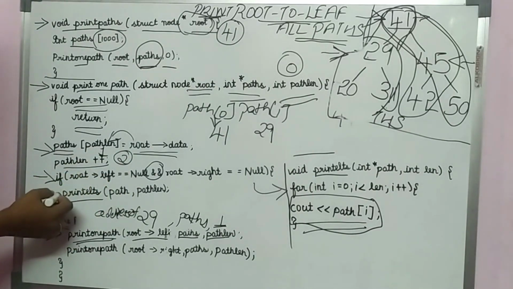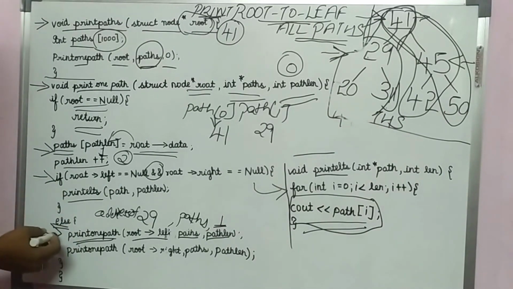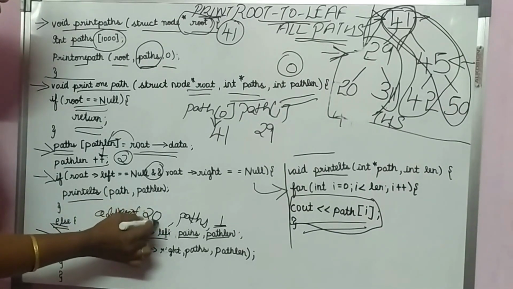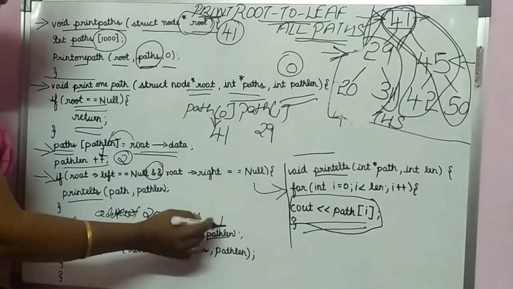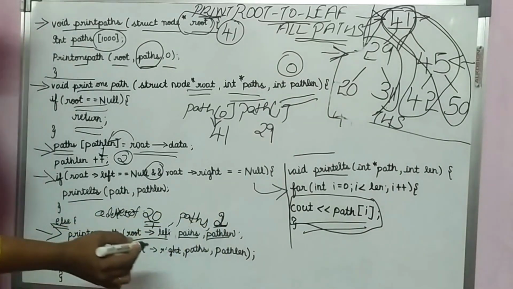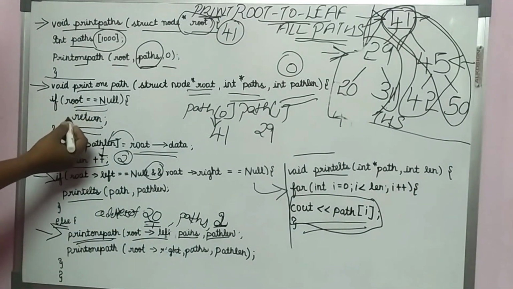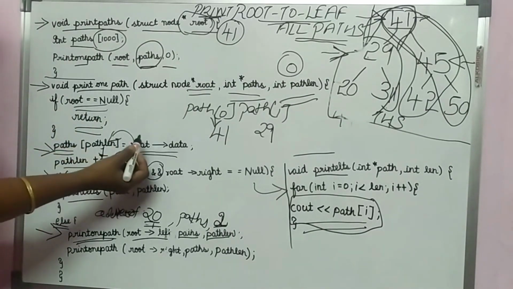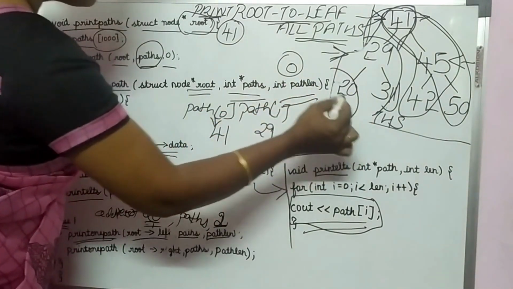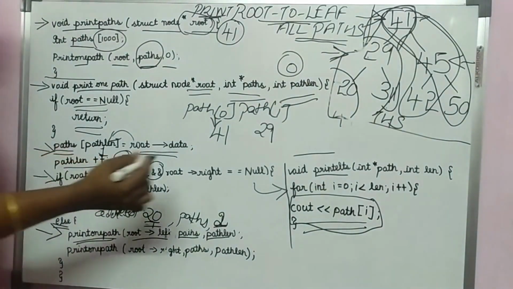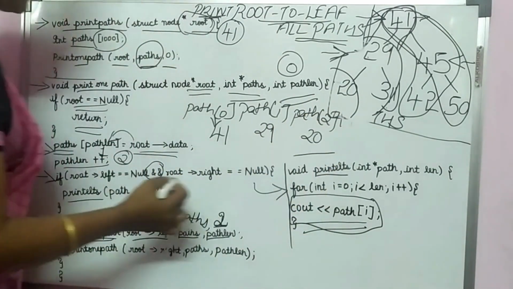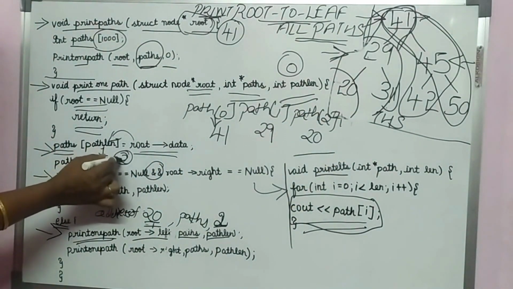Again it will check whether it reaches the leaf node position, not so. So again it will go to the else portion, it will call the same function now. It will pass the address of 20, I mean the current root of left, the same array, and the path length has been incremented to 2. It will call the function, it will check whether root is equal to null, not so, and then it will take the current root node. So this is the only subtree we have considered. So the value is 20 now. In the location path of 2, it will store the value 20. Again the path length will get incremented. Now the path length will be 3.